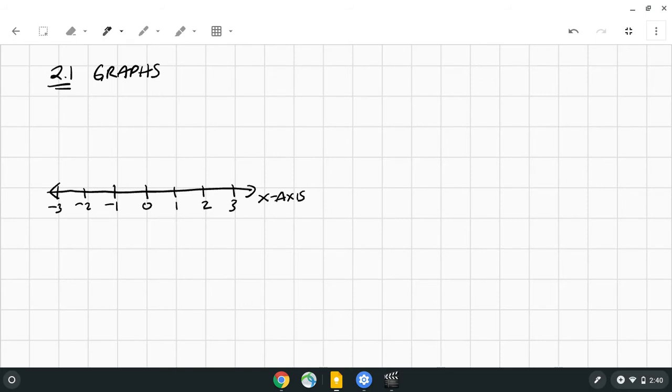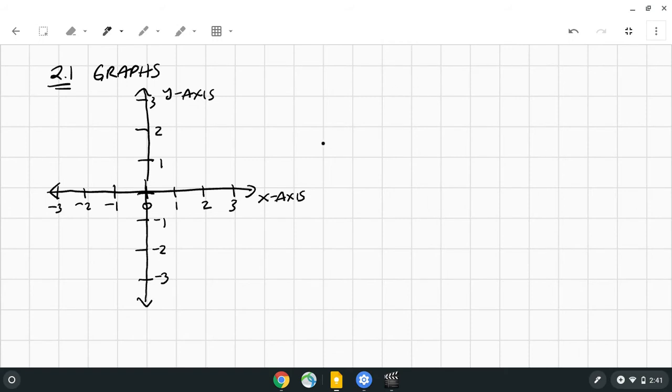And then we have another number line that's vertical. And this one is called the y-axis. And so there's 0 right there. Here's 1, here's 2, here's 3. And down below is -1, -2, and -3. Okay. And if you notice here,